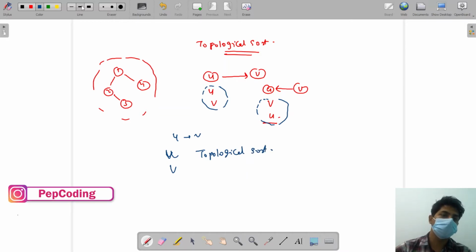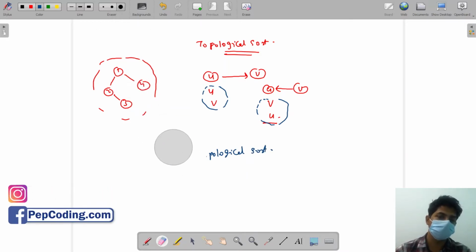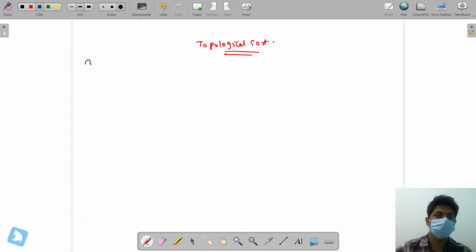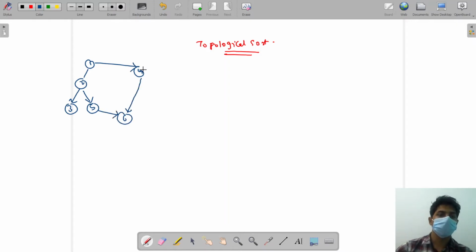Now let's understand why topological sort is used. Suppose we have a dependency between tasks, like we have tasks 1, 4, 6 and so on. Here the arrow from 1 to 4 represents that there is a dependency between 1 and 4.